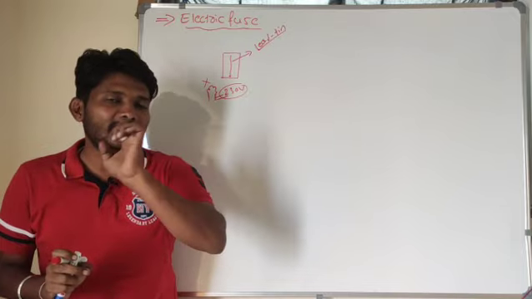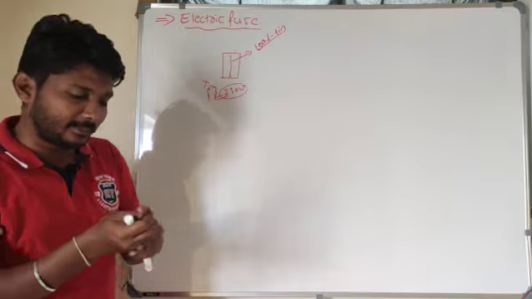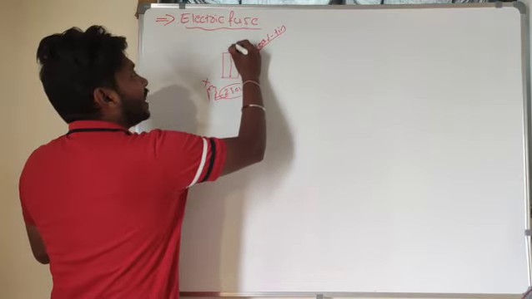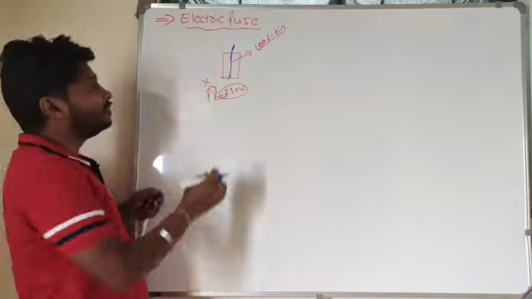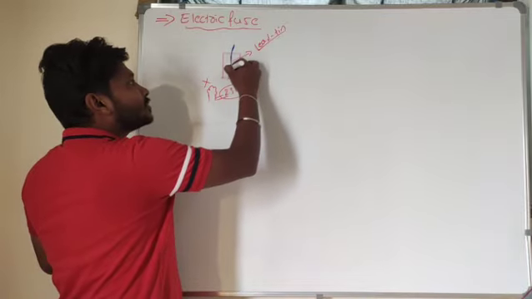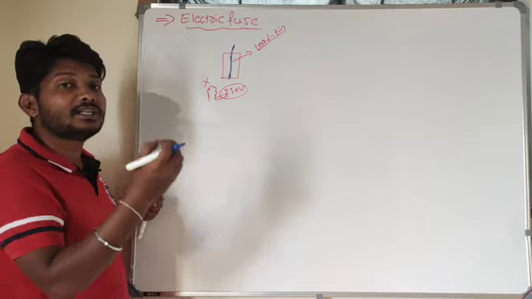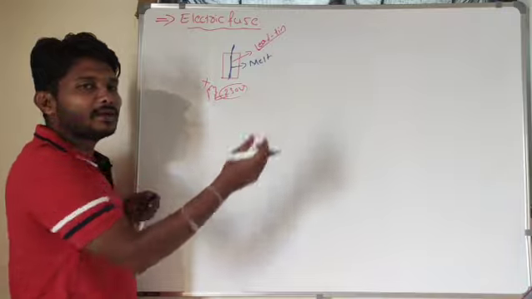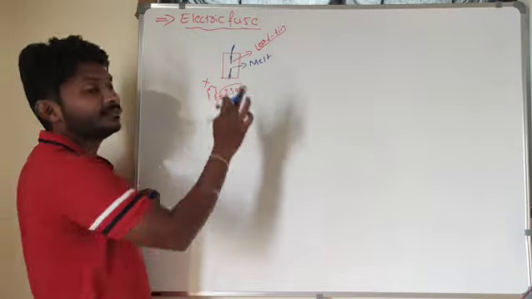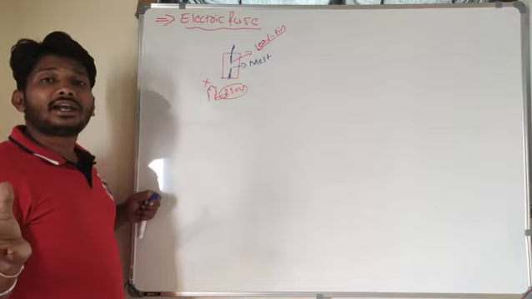So I will use an electric fuse here. What's the role of the electric fuse? For example, if a high amount of current or high voltage passes through this small wire, then what happens here? This small wire will heat up. If the wire heats up, this wire will melt. If the wire melts, it will break down. If it breaks down, current will not pass through any kind of wire here.